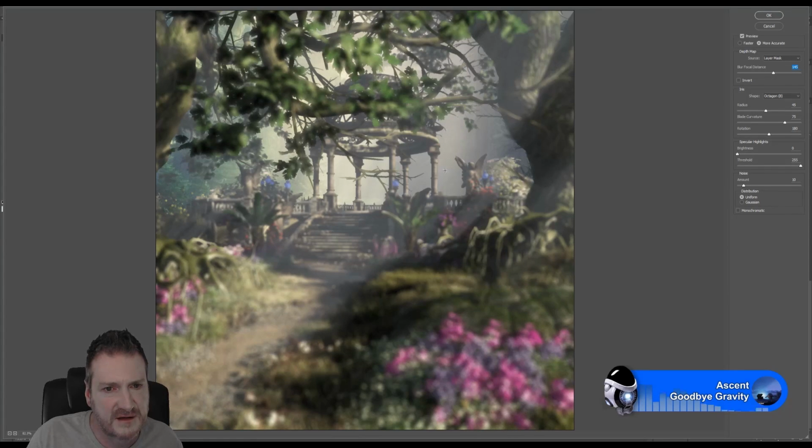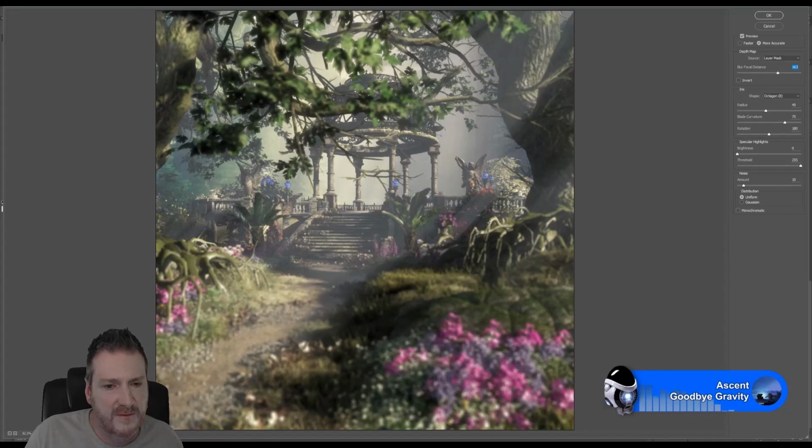Now you can see that in here we've got more of the background in focus and less of the foreground, so let's keep pulling it up. Again, our garden terrace is in focus and our foreground is out of focus, and that's probably more the look I'm going for, because I want to draw your attention to the garden terrace, not so much the environment. If you wanted it the other way around, you keep pulling it up until you got